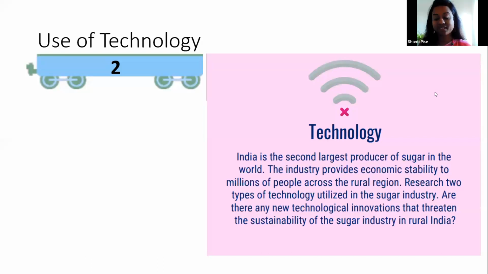What do you all think? Teachers, this is for you all. Are there any new technological innovations that threaten the sustainability of the sugar industry in rural India? Artificial sweeteners, Shama Joshi has written. Yes. आर्टिफिशियल स्वीटनर्स, बहुत सारे लोगों को डायबिटीज एंड अदर